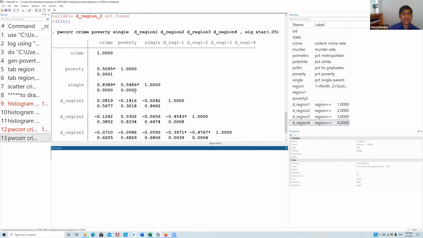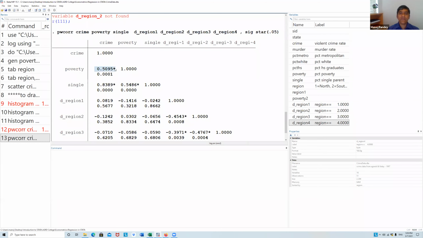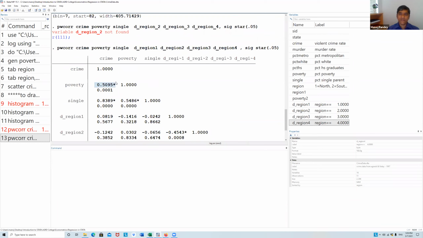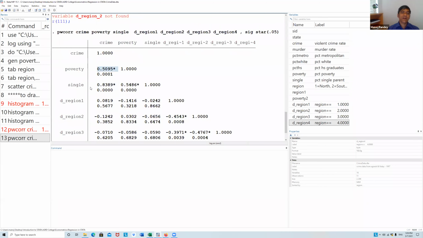Now this will also give me the significance of the correlation coefficients. So here poverty and crime have a positive correlation and it is significant at the 5% level because I have put a star only for 0.05. So the relationship between poverty and crime is significant and it is positive. The next variable is the single parent.